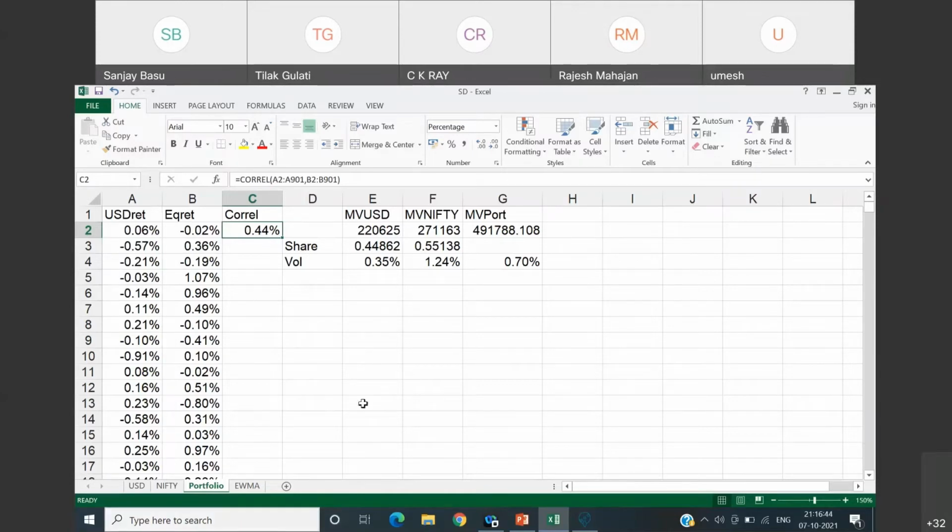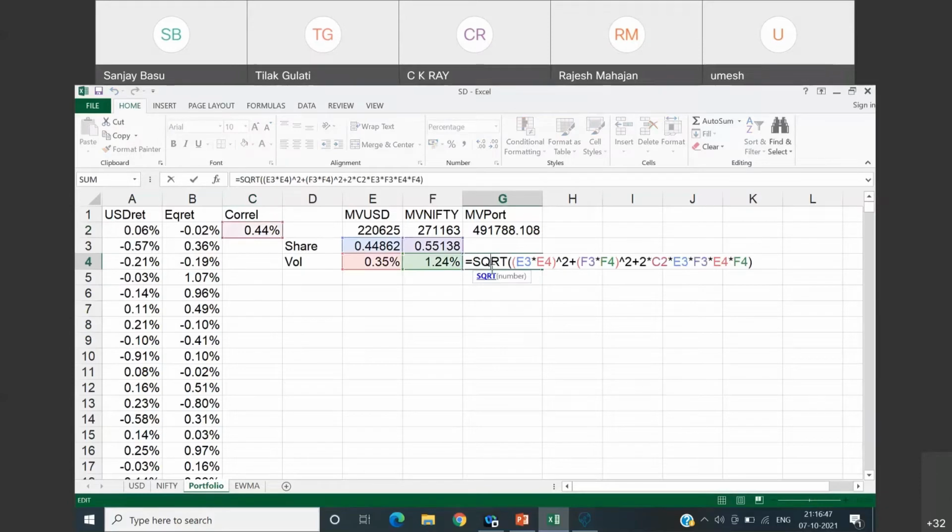Right? So therefore, the portfolio volatility must consider not only the volatility of the individual instrument. That's why we invest in a mutual fund. That's the purpose of a balanced mutual fund. You have some risky instruments that give you high returns, balanced by some safe assets which give you steady returns when those risky instruments crash. That is the whole point of mutual funds.